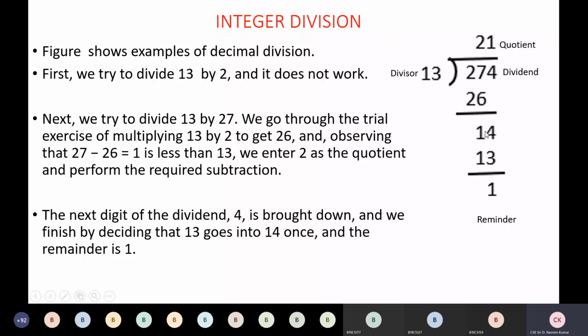Okay, so let's see another step-by-step process of how a computer will do this division, the same division with decimal numbers. Actually the computer does the division on binary numbers only. But for you to understand, I am explaining with decimal numbers. Remember, the computer operates only on binary numbers in terms of zeros and ones. For your understanding, I have taken decimal numbers. We'll see step by step how the computer does it.